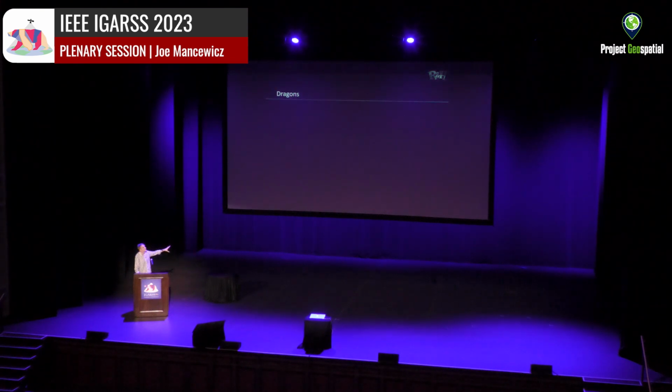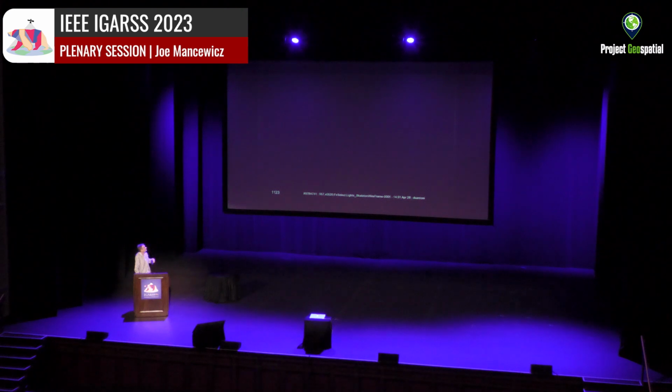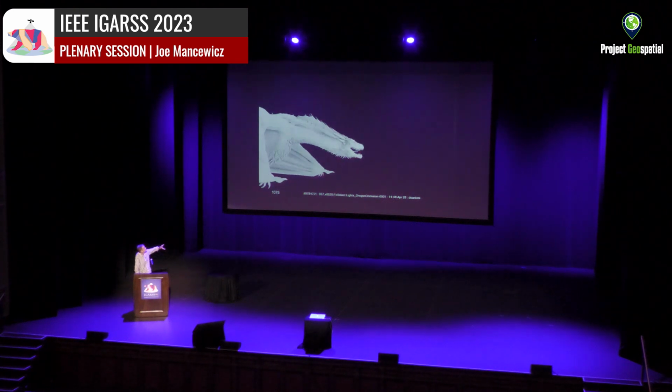Now, I don't really have a story about this. I just love dragons, and it's a nice way to close. So again, you'll see the kind of familiar stuff with the skeleton being animated, muscle simulation layer on top of it. Now, what I really like about this is in his neck, you kind of see this torsional distortion as he's moving,